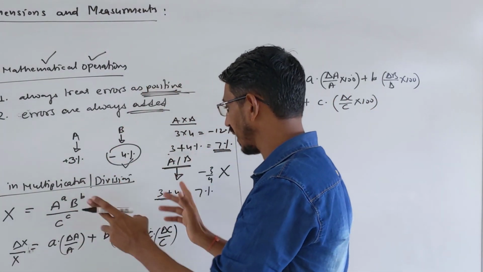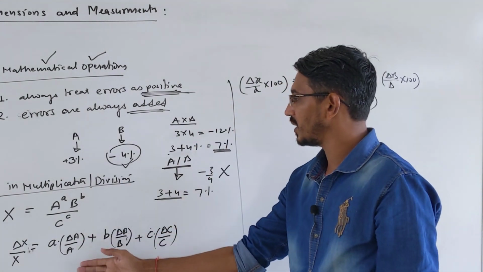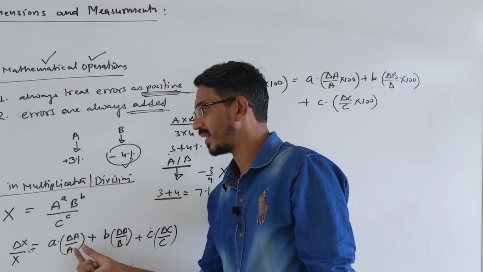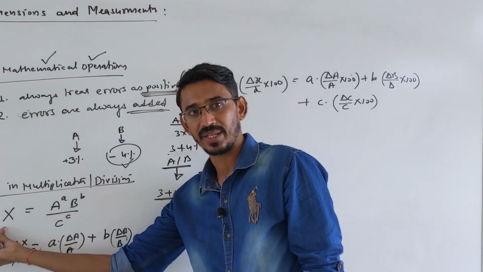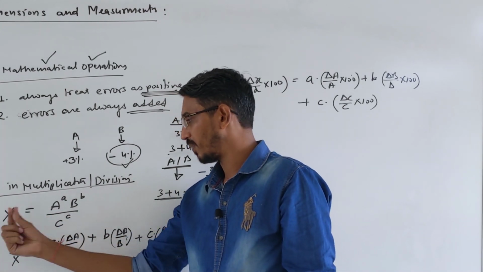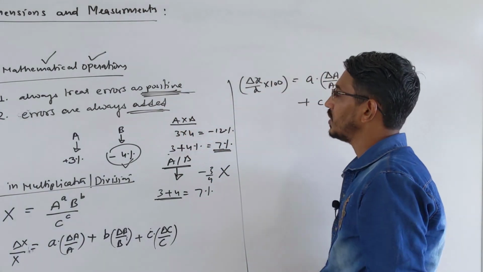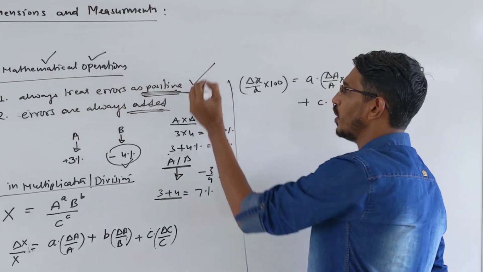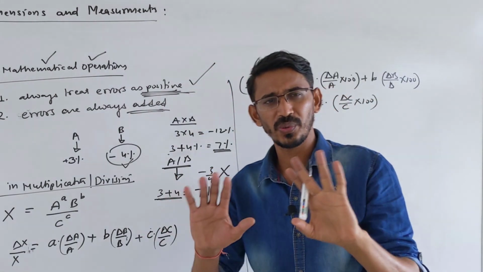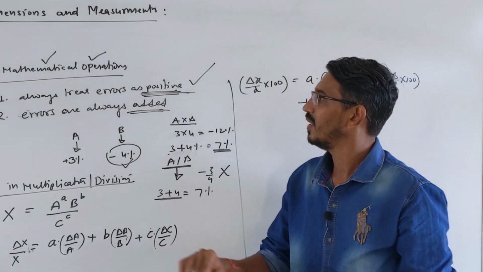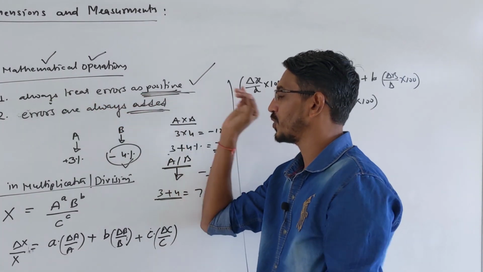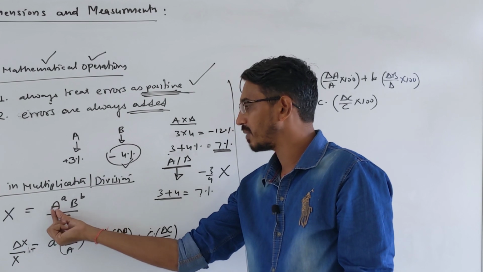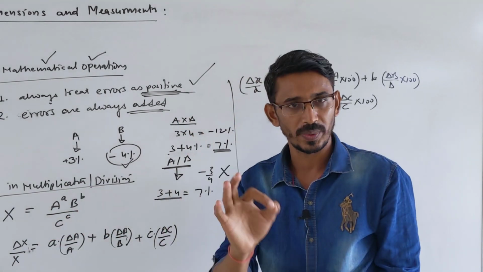Right now I am teaching the theoretical concept. So in multiplication and division, the sum of the individual relative errors or percentage errors is equal to the error in the given quantity, right? Generally we have to find the error in that quantity. So the three or four rules once more. Rule number 1, everything you have to treat as positive. These are not rules, I am just telling, these are tricks. Even if an error is given as negative, like minus 2%, you will still call it 2% only, okay?